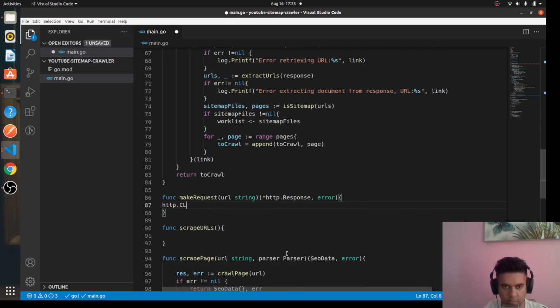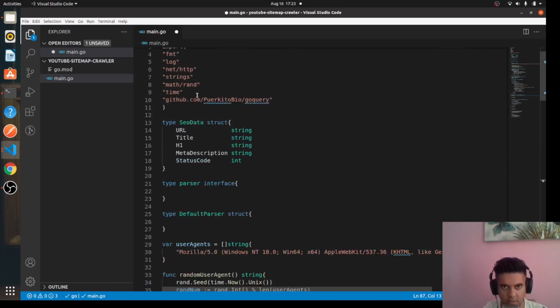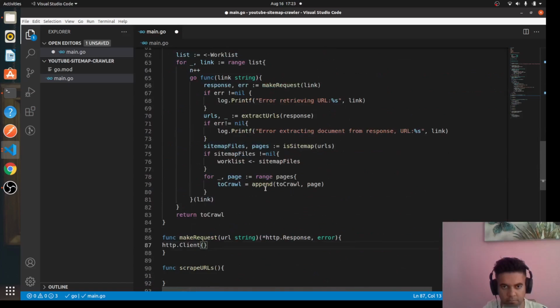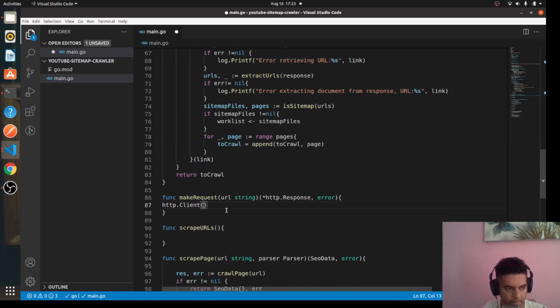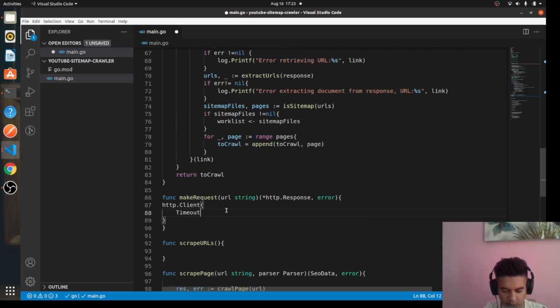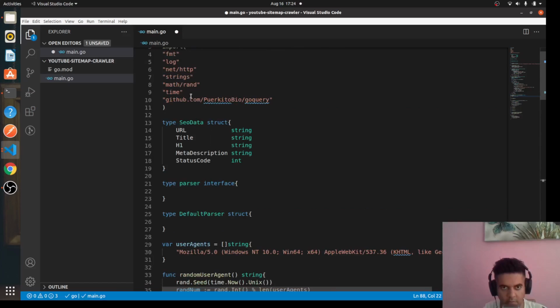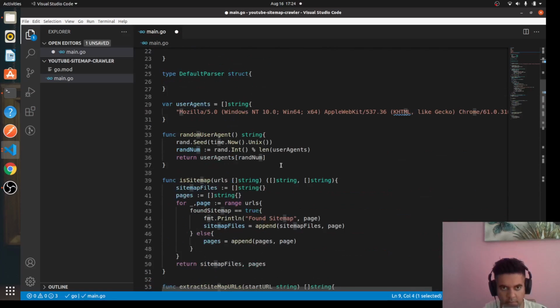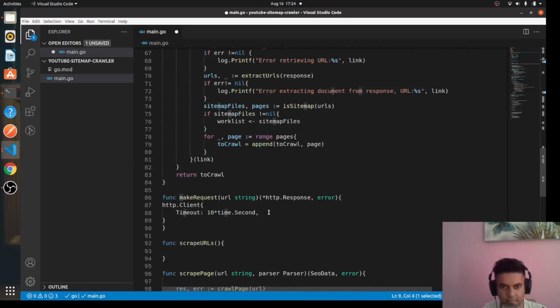So to make requests we need an http client, which is why we're using the http package, as you can see up here. And here we'll take a timeout of 10 into time.second. We want a delay between our requests so that we don't end up overloading the website, and this is why we're using the time package that we get from here, the time package. Okay,